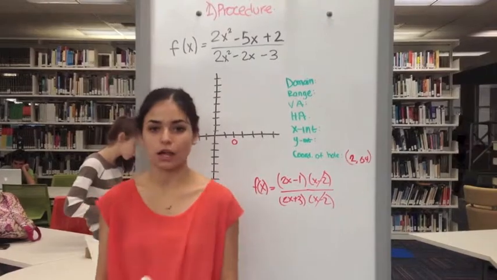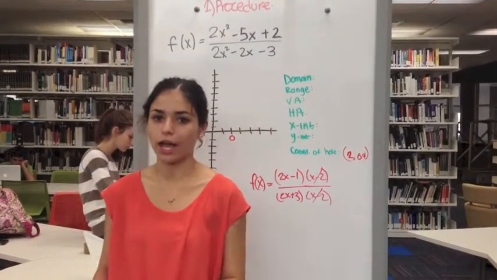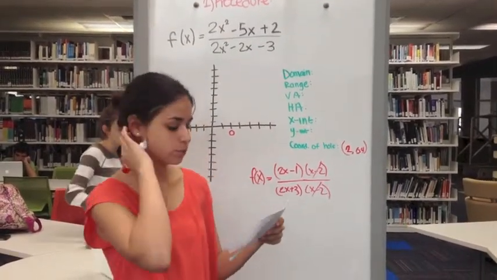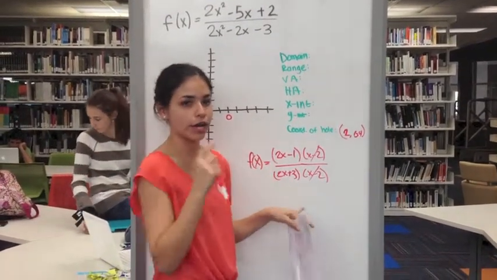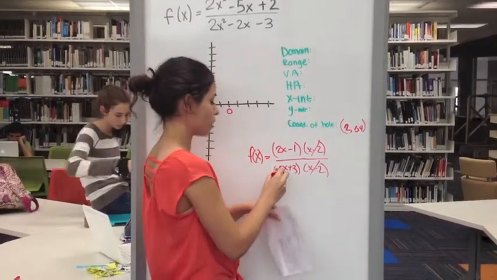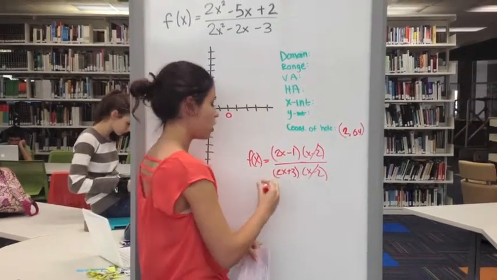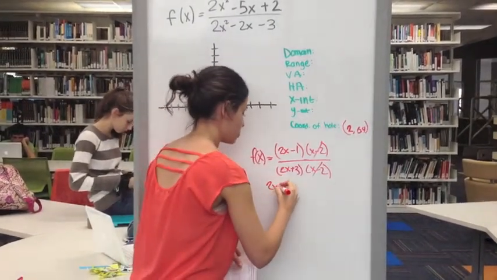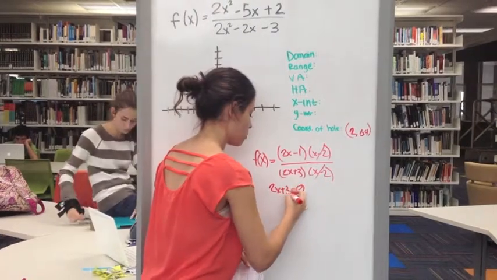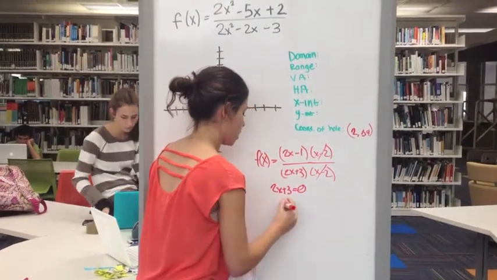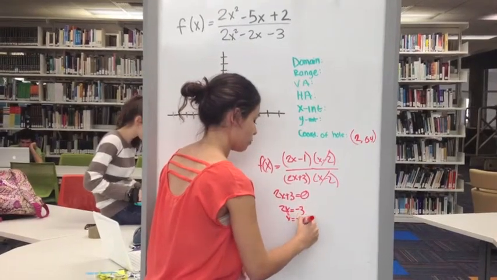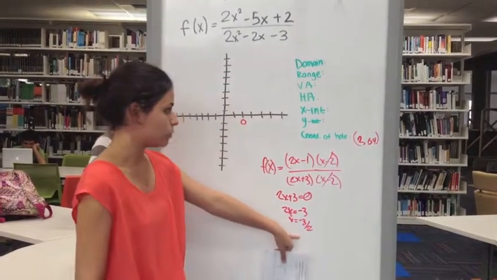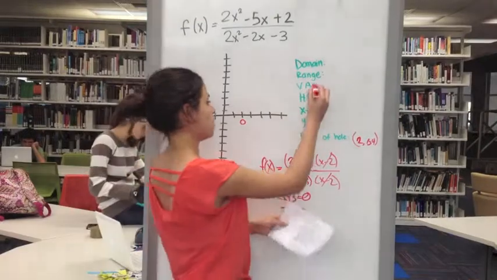So now we're going to figure out the vertical asymptote, and to find the vertical asymptote, you have to set the denominator equal to 0. So you're going to have 2x plus 3 equals 0. So we have 2x equals negative 3, x equals negative 3 halves. And that's going to be our vertical